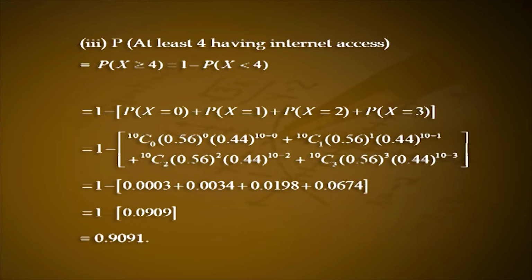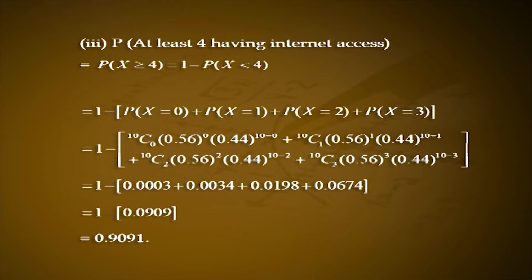Probability of at least 4 households having internet access, that is equal to P of x greater than or equal to 4, that is equal to 1 minus P of x less than 4, that is 1 minus of P of x equal to 0 plus P of x equal to 1 plus P of x equal to 2 plus P of x equal to 3, that is equal to 1 minus of 10C0 0.56 raised to 0 into 0.44 raised to 10 minus 0 plus 10C1 into 0.56 raised to 1 into 0.44 raised to 10 minus 1 plus 10C2 into 0.56 square into 0.44 raised to 10 minus 2 plus 10C3 into 0.56 cube into 0.44 raised to 10 minus 3, that is equal to 1 minus of